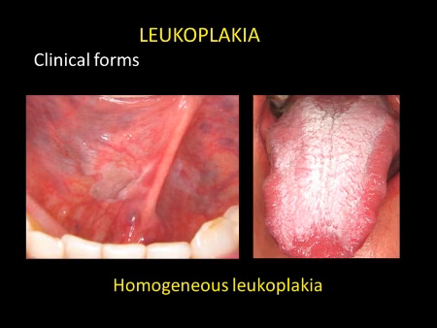Leukoplakias. They therefore correspond to a mucosal keratinization that is idiopathic or present in a patient who smokes. Once the other causes of keratosis have been ruled out, homogeneous leukoplakias are distinguished, which may be extremely fine as on the floor of the mouth or much thicker as on the dorsal surface of the tongue.